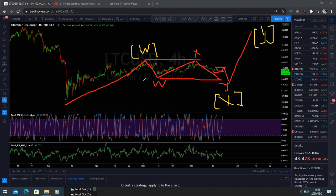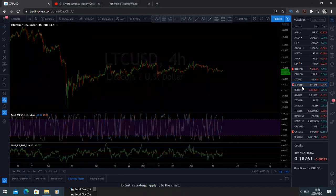All right, so that is what we have. And internally here, if you wanted to go into more detail, you'll see that we've got a W, X, Y, X, Z structure. So that's what we had here on Litecoin. So we're looking for one more down and then upside. So a downside should continue there. Ripple,